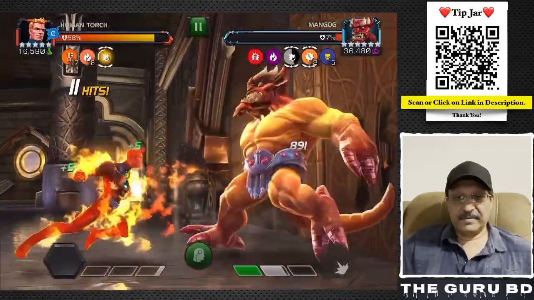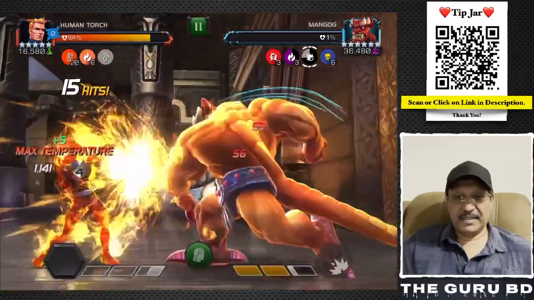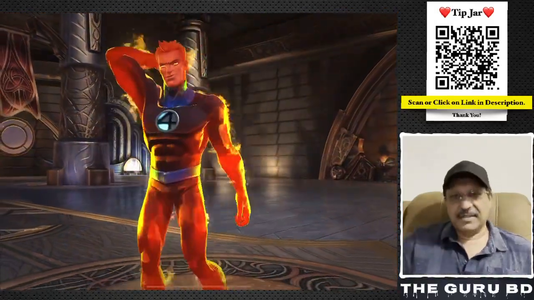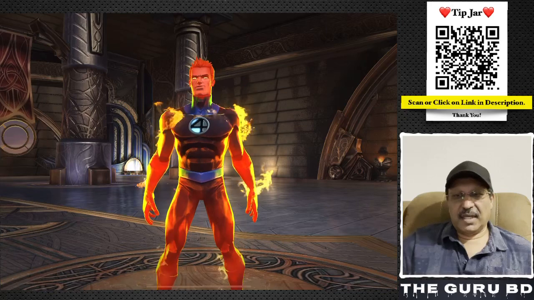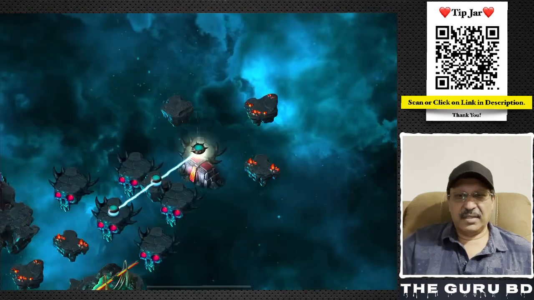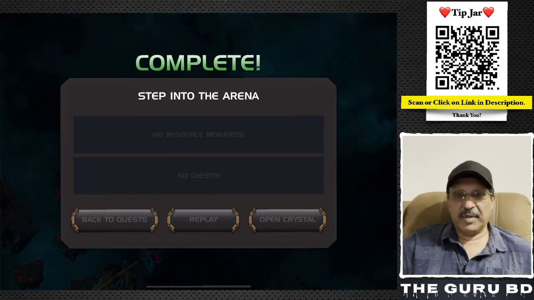There we go. And he should be in the bin after this last hit. There you go. So MANGOG is done. So definitely Human Torch. I know Hyperion is going to be good against him because he has that Incinerate, and he does take a lot of Incinerate damage. We know we could do it with Thing. You're going to be able to do it with probably...